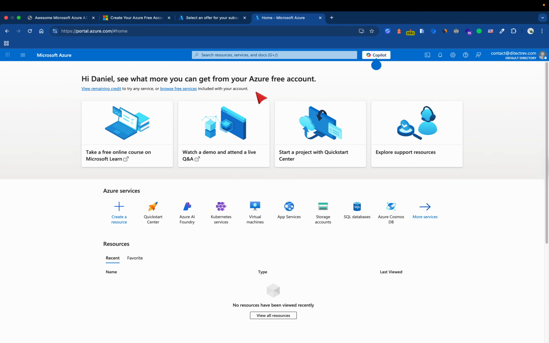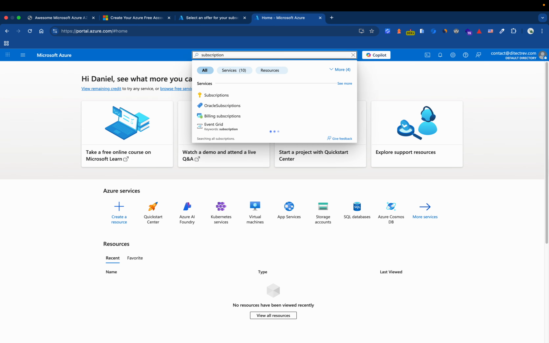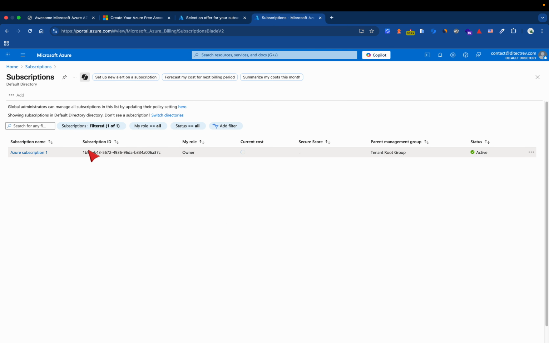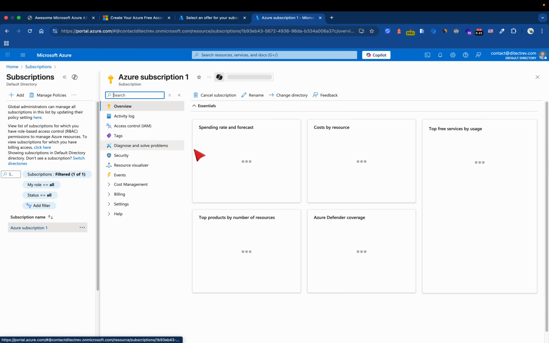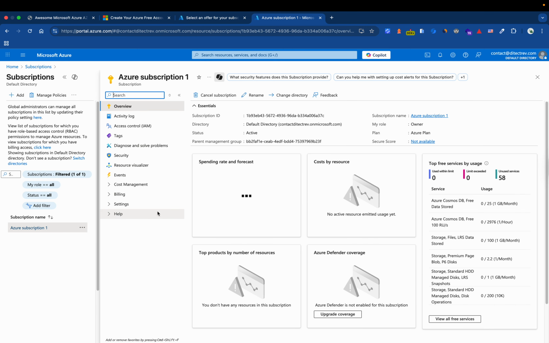Okay, so again, I will try the subscription after all these things, and then I got a subscription. So this is where you get a subscription. In the subscription, I'm not going to go through all of this, but in this subscription we have the ID, we have the management group. Yes, we also talk about this,